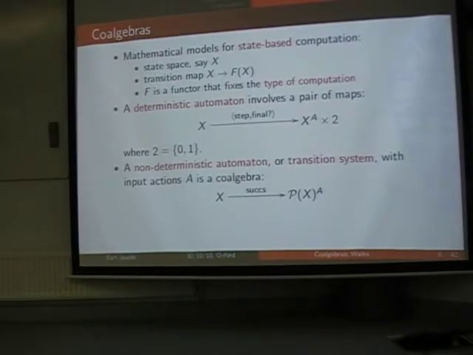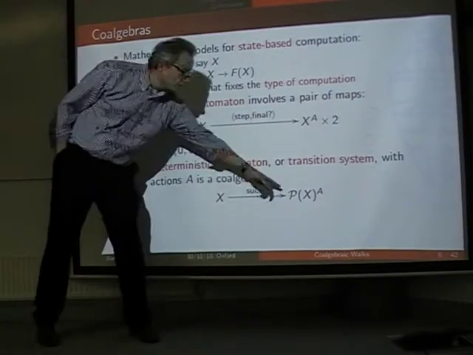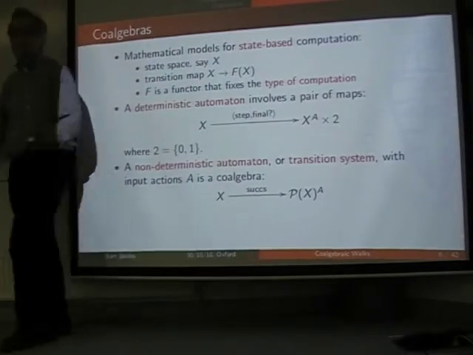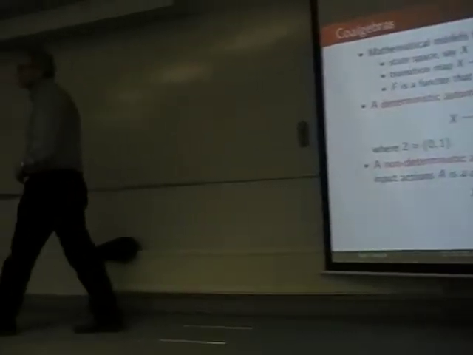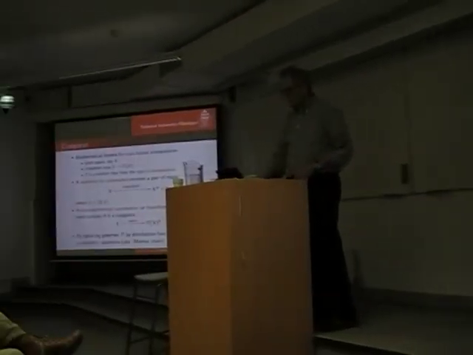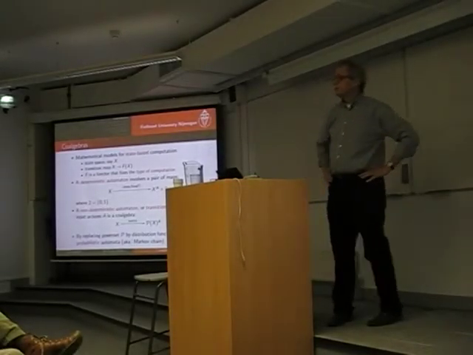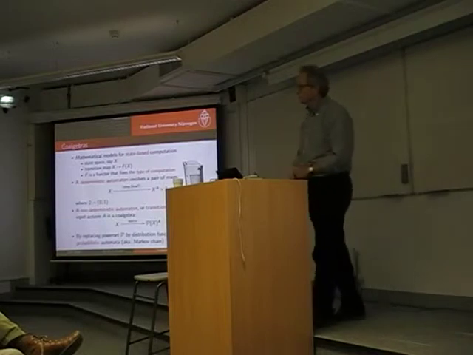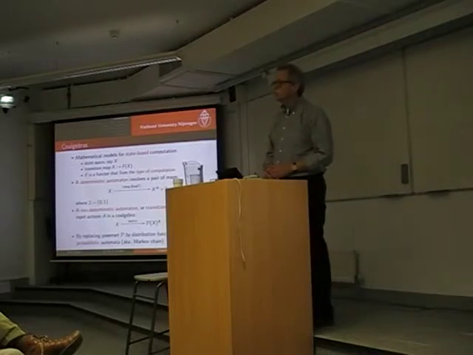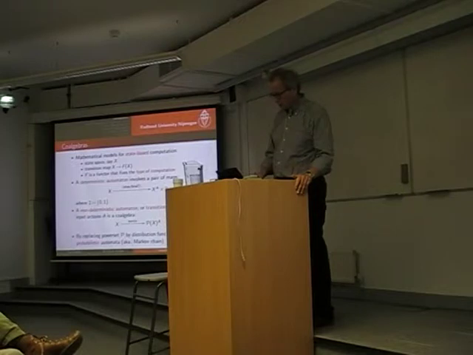If you want to cover non-deterministic automata, you simply change the functor involved. You put a powerset here so that your successor states will be a set of states and not a single state. You can even replace this functor powerset by a distribution functor, and then you suddenly move into probabilistic computation. So this is a very flexible generic framework which allows even to prove various results